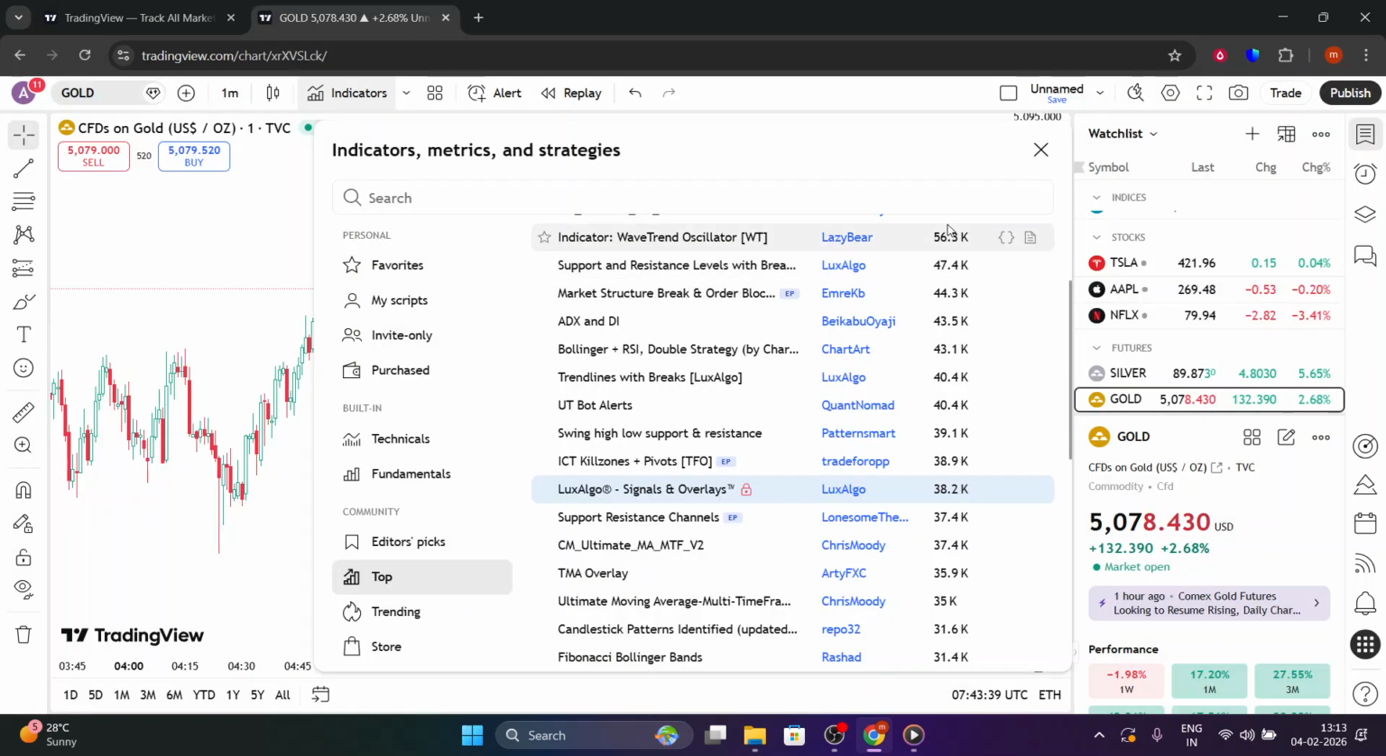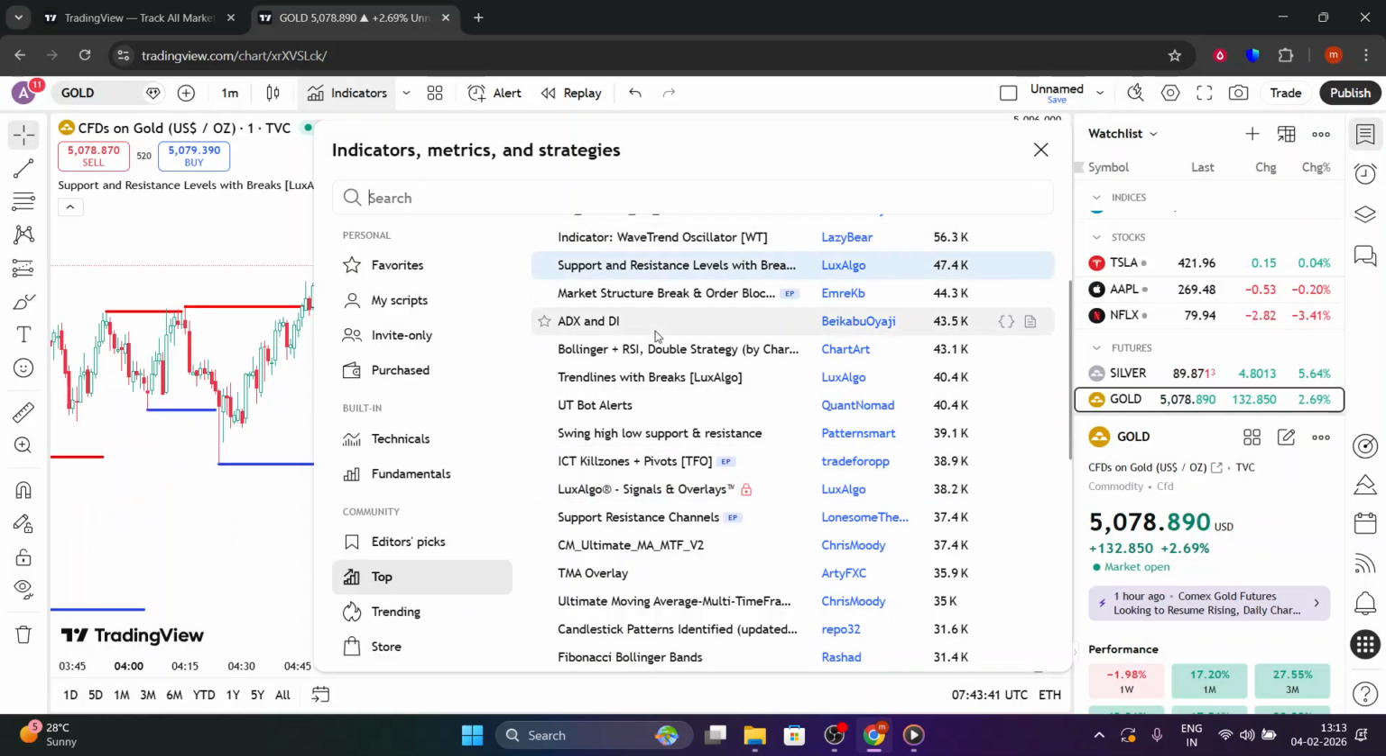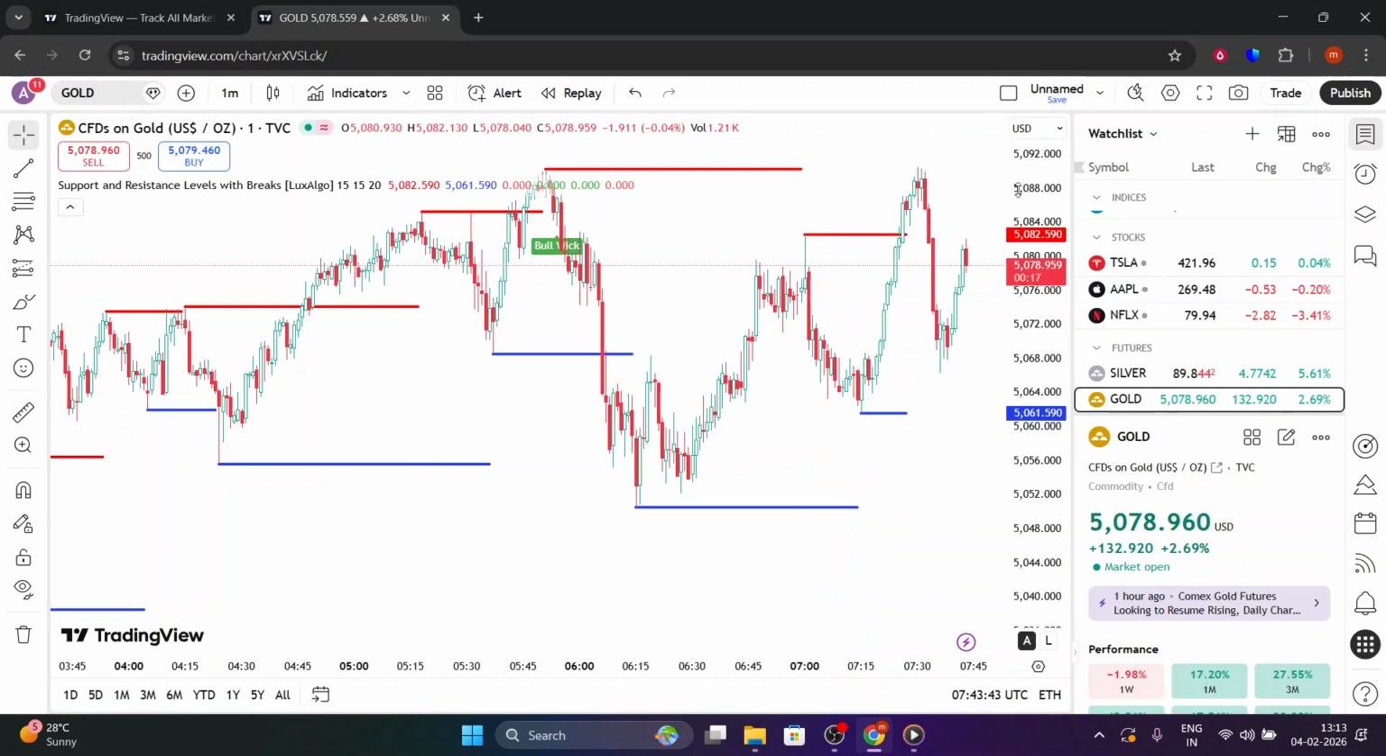That's it. 3 practical ways to add indicator scripts in TradingView. From pre-made community tools to fully custom code and invite-only options,